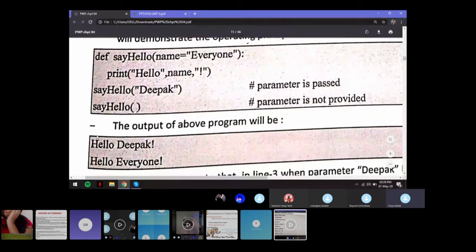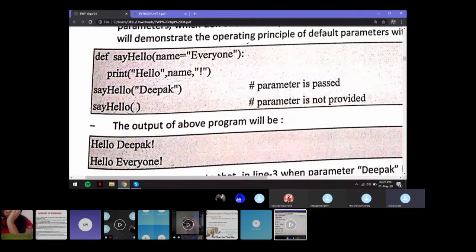So the first line gives you the output hello Deepak, and the second line gives you the default output, that is hello everyone.